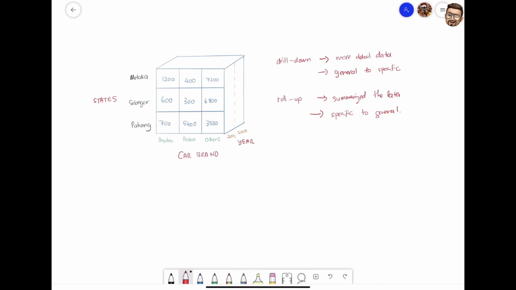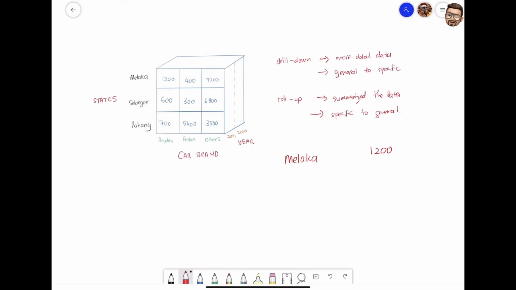So now let's take a look at drill down and roll up. Drill down means you want to obtain more detailed data, while if we roll up, we want to summarize the data. Okay, so if you drill down, you go from general to specific. So what if I said drill down the sales in Melaka? Okay, so if we have Melaka, and the sales is 1,200, so if we drill down in Melaka,